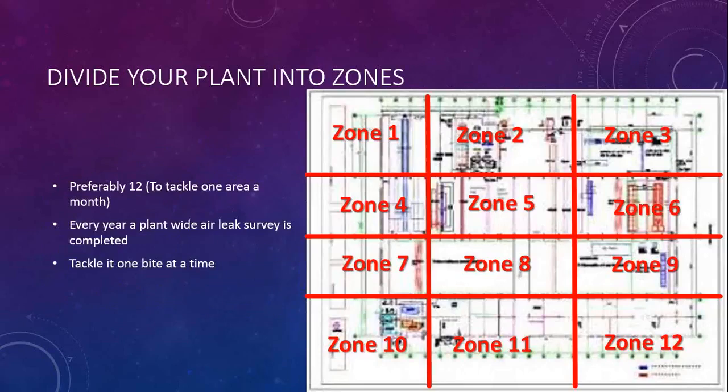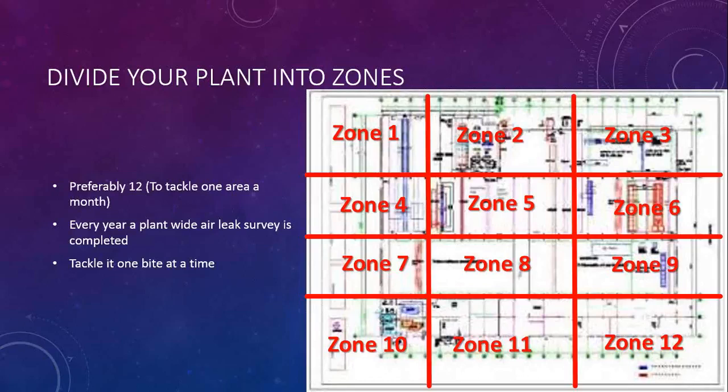So the next thing I do, once my plan is developed, I sit with a group of guys and say, let's take a schematic of the plant and let's divide it into zones. The facility I'm in here is very large. If it's a smaller facility, you may not need to do this, but I'm in a large facility. So what I do is divide it into 12 zones. I have 1 zone a month that they focus on, whether it's air leaks or the electrical survey or the precision lubrication. We don't have as many steam traps, so we can do that on a quarterly basis, the entire